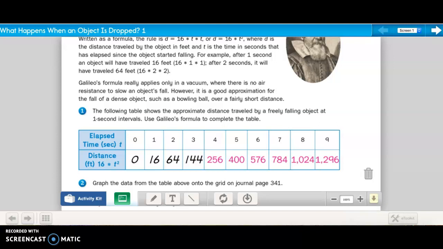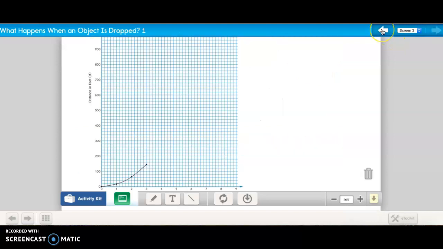6 seconds, 576 feet, 7 seconds, 784 feet, 8 seconds, 1,024 feet, and 9 seconds, 1,296 feet. You'll notice number 2 asks you to graph the data from the table above onto the grid on journal page 341. So on the next page, you'll notice that there has been a graph that's started for you. So from here, we'd like you to continue to plot those points for 4, 5, 6, 7, 8, and 9